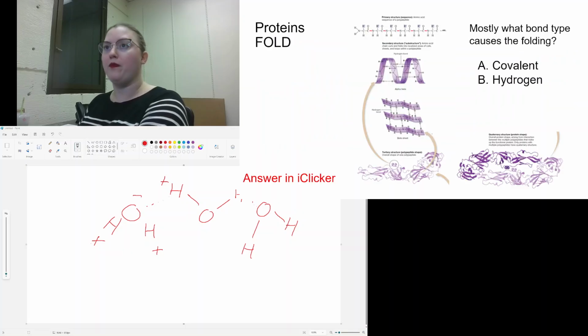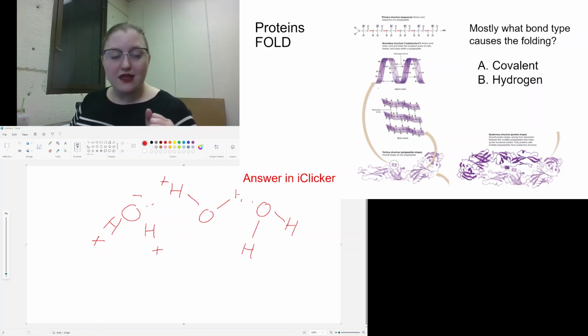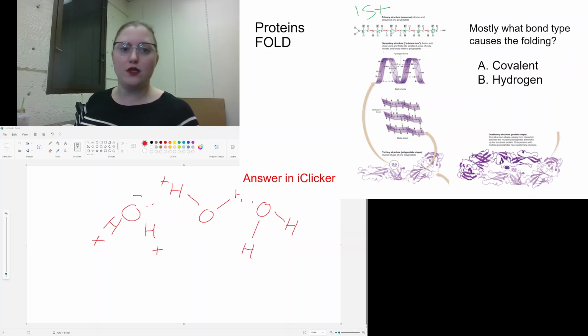The big thing about proteins is that they fold. They have several levels of folding. So this first structure is our primary structure. This is the chain of amino acids itself. So we've got central carbon, central carbon, central carbon, central carbon, central carbon, central carbon. Each of those central carbons is an amino acid. That's the primary structure, a long chain of amino acids. Secondary structure,